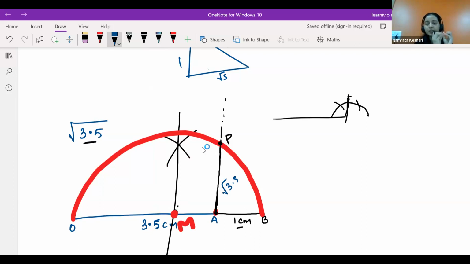Just focus on the construction part. Whatever decimal number is reflecting over here, that much length, then 1 centimeter. Take a pause. Now you have to divide this complete line into two equal parts and drop the perpendicular like this. Now press the needle at this middle point which you have found just now. Make a semicircle by taking the radius as MB or MO. Now make a semicircle. After making a semicircle,